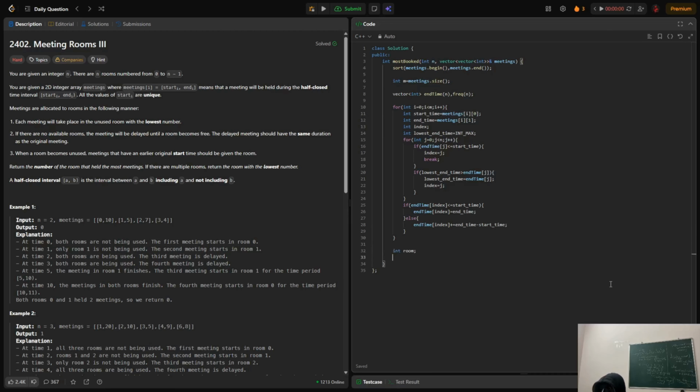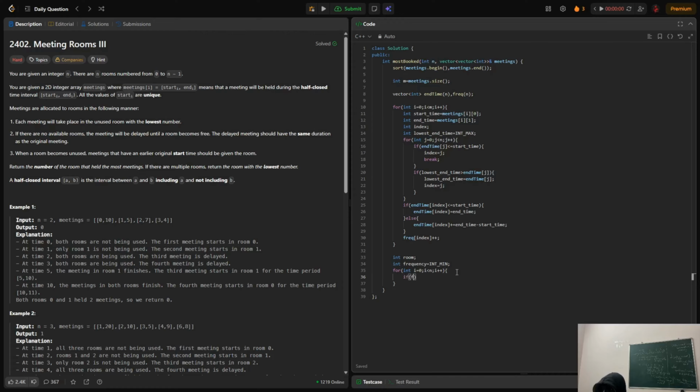now I'll take one room as the answer, and I'll take frequency, which is, let's say, initially int minimum. Okay, I'll run through whatever meeting rooms you have, and at the end here you also need to increase the frequency of the index, which means at this particular room we are just placing this meeting. So we need to increase its frequency, so it's like that room has held one meeting. Okay,